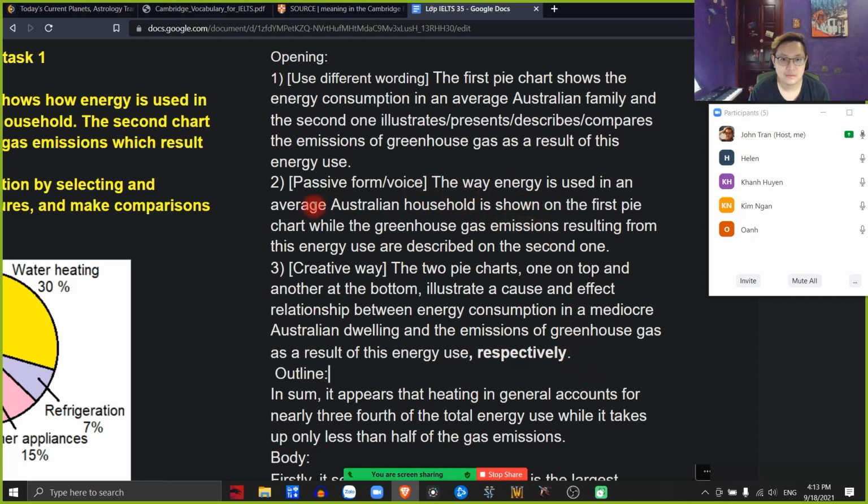Wait, which one is caused by? You mean cái chỗ mà as a result. Yes. The greenhouse gas caused by this energy use. Yes, we can use that. We can do that. Caused by. Can be. Yes. Và mình sử dụng rất nhiều cái cách mà nối ý lại với nhau nha. A lot of linking words and conjunctions. While, you see, resulting from